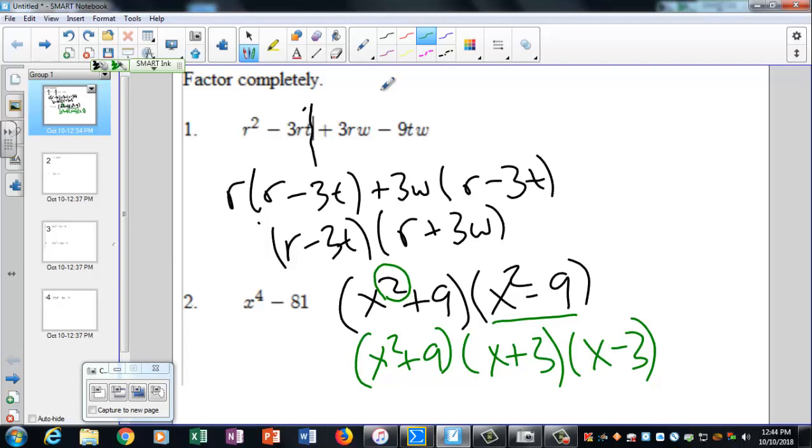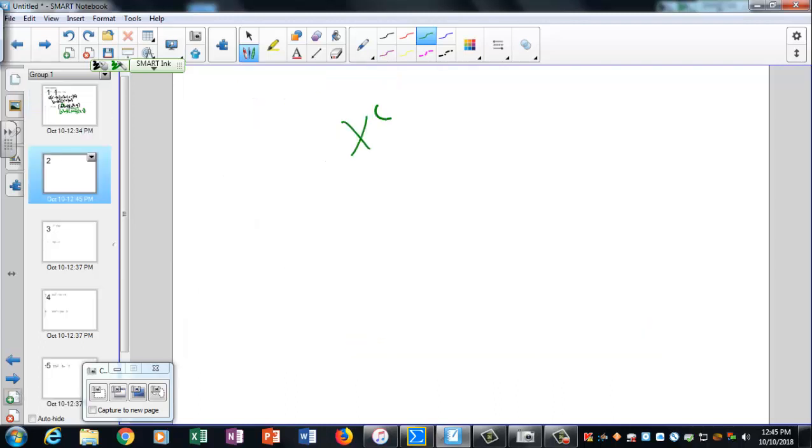Legitimately, this is what I know about students, though. Most students, not all, but most, want to work problems based on ones they've seen similar to that. And there's nothing wrong with that, by the way. This is not like a condemnation of everything wrong with students. It's not that at all. But what happens to a lot of people is when they see a problem like this and they get x squared plus 9